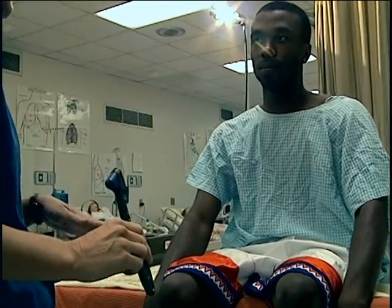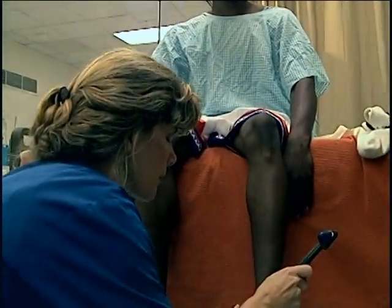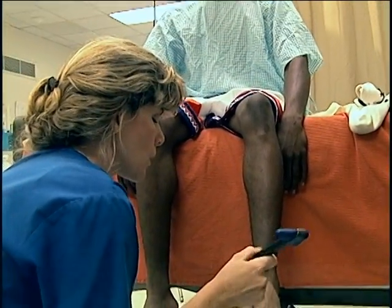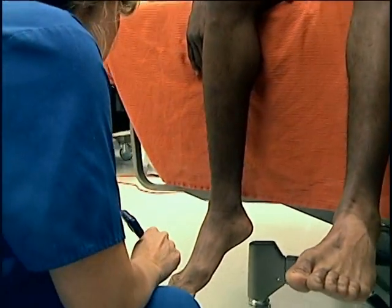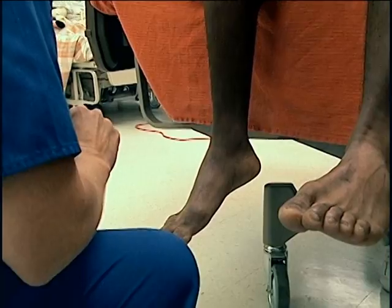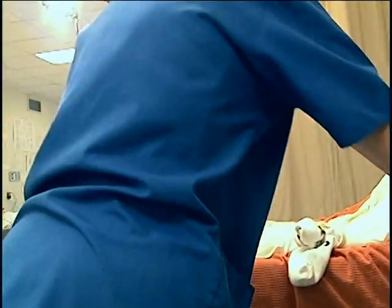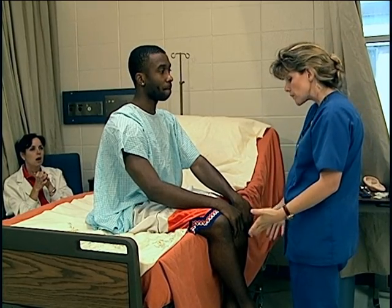I know that looks kind of scary, okay? I want you to close your eyes and tell me if you're feeling something and where you're feeling it. On the top of my left foot. Whereabouts? On my second toe. Very good. Other side. On my right foot, on the second toe. Okay. That's good. I'll put your socks back on one more time. While you're sitting, before we get you up, I'm going to test some muscle strength, okay? I've already noticed that you've got well-developed